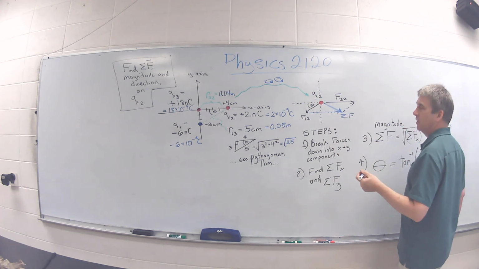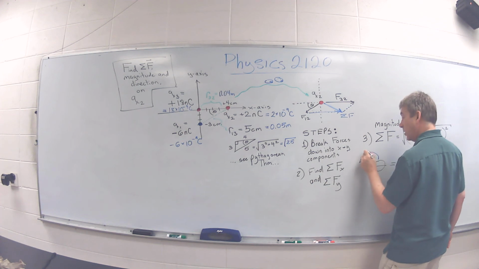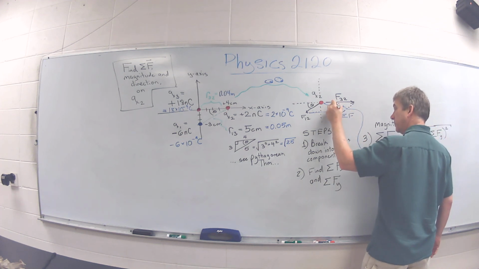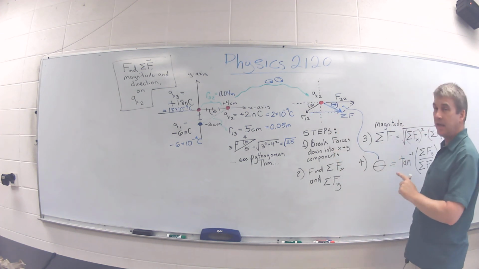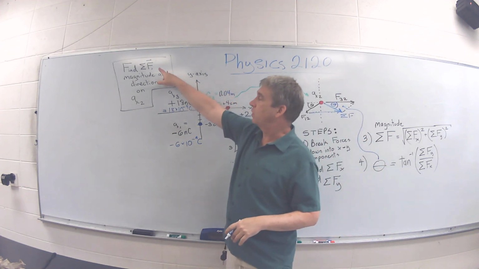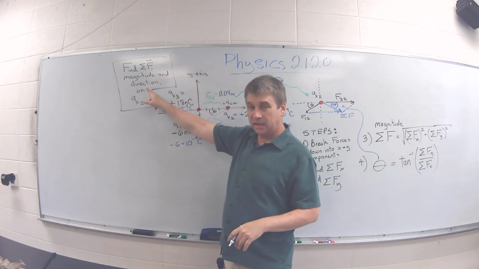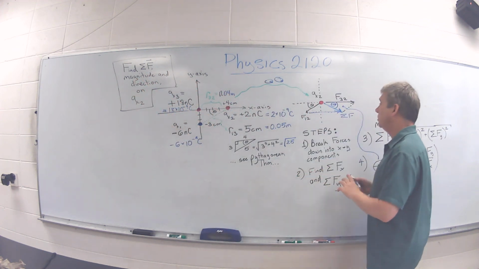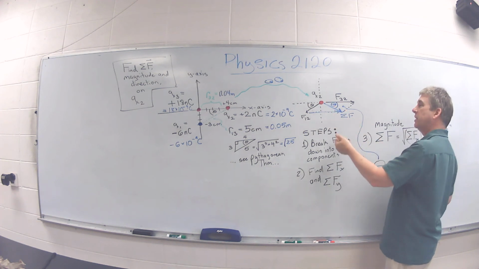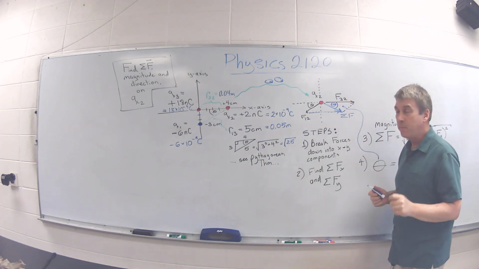And the angle that you are finding is right there. At the end of the day, when we find a total force, we need a magnitude and a direction. The magnitude is the total force, the amount of push, and the direction is an angle as measured from